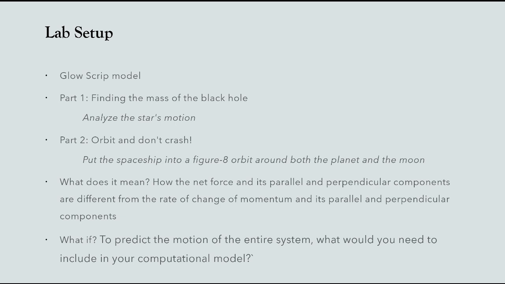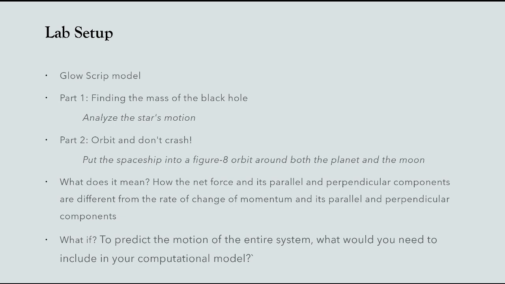The goal is to put a spaceship into a figure 8 orbit around both the planet and the moon of that system. Next, the what does it mean question is how the net force and its parallel and perpendicular components are different from the rate of change of momentum in its parallel and perpendicular components. The what if question is to predict the motion of an entire system, what will you need to include in